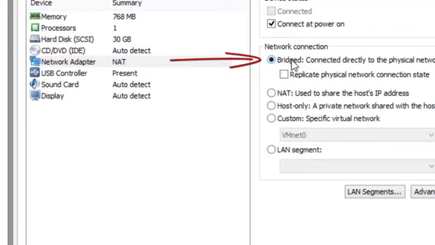Bridge can help you with, for example, reverse shells, which need a real IP to connect back and give access to the penetration tester to the machine being tested. Bridge is the way to go, because if you use NAT, when the victim machine is trying to connect back to you, they won't be able to reach you because you are behind a gateway. Keep in mind that, so you will need another setup or configuration, which is difficult. So just keep in mind, bridge is like you are in the network with your own IP. NAT is you are behind a gateway, and host only, you have no connection to other